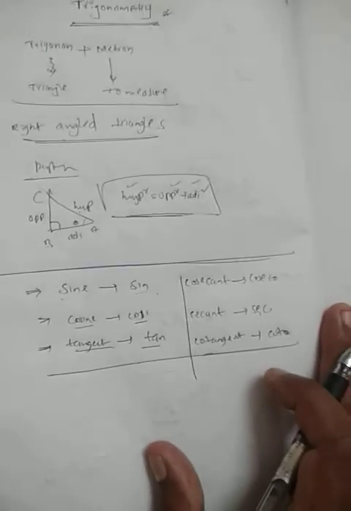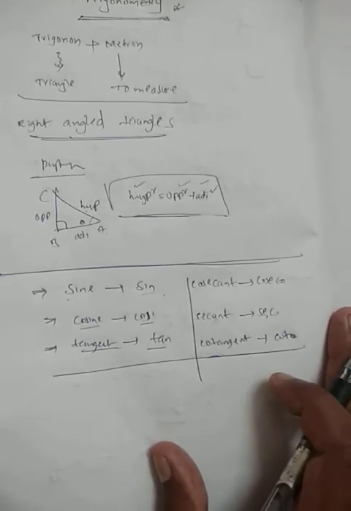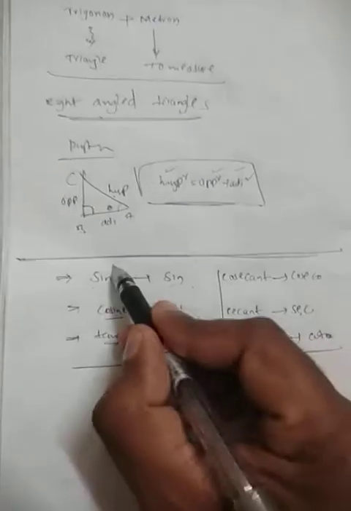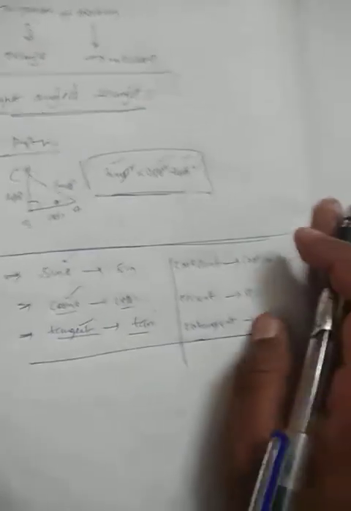Then how can we give all these definitions, or these relations, with respect to the right angle triangle? That means how we can use sine, cos, tan, all these things, we will discuss one by one. So for that, let us consider triangle ABC in which angle B is equal to 90 degrees and angle C is equal to theta.